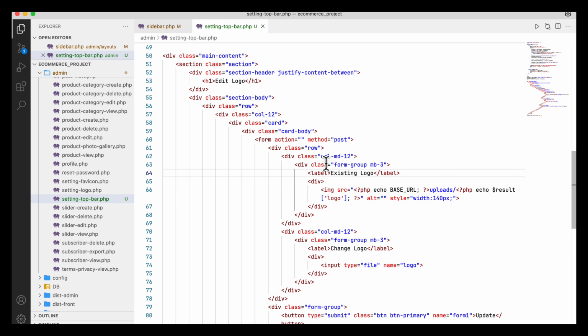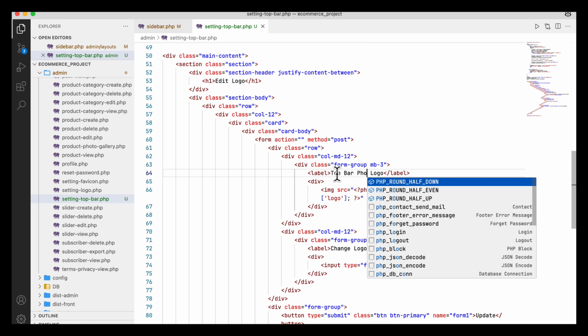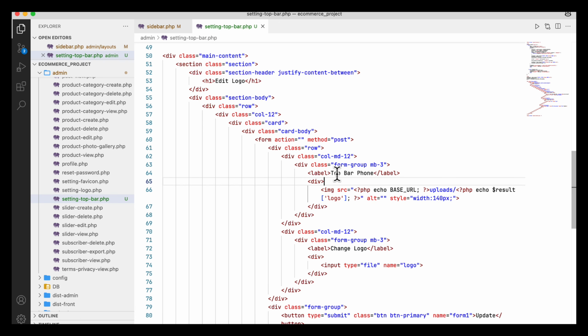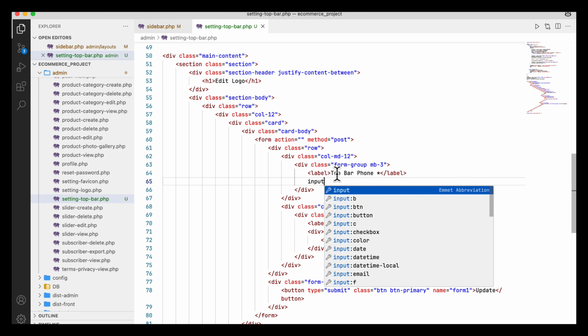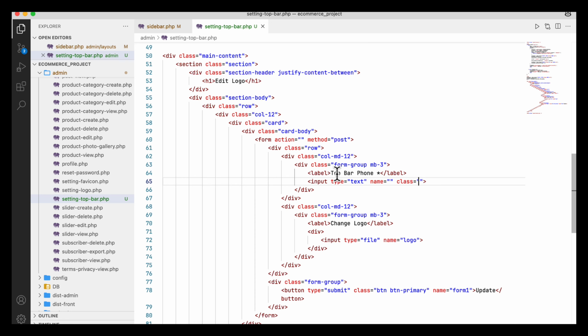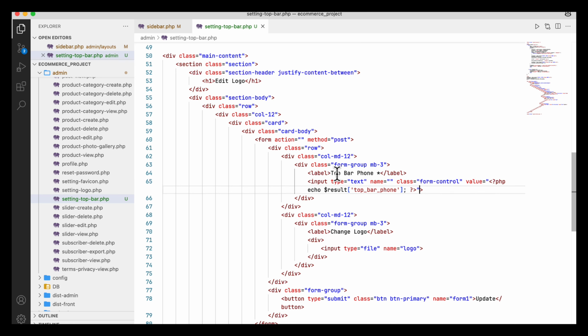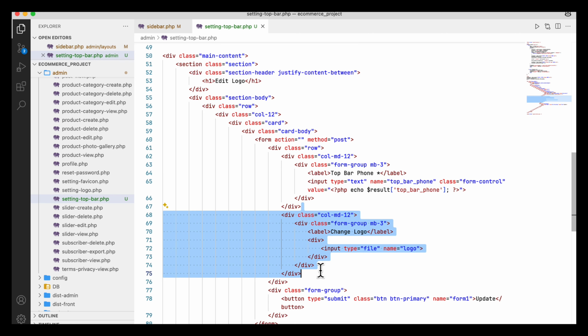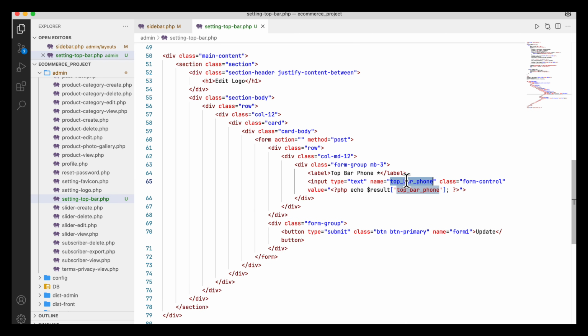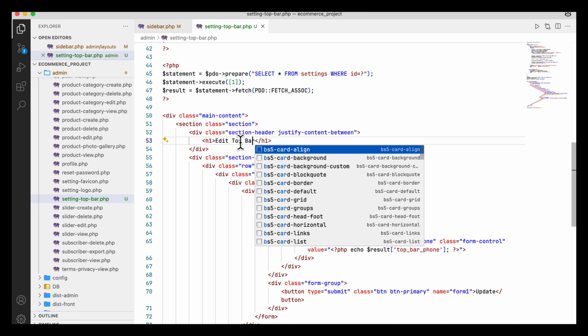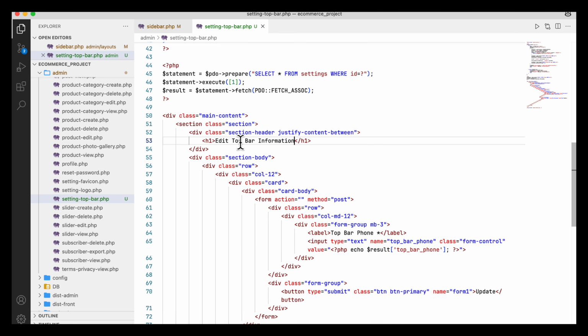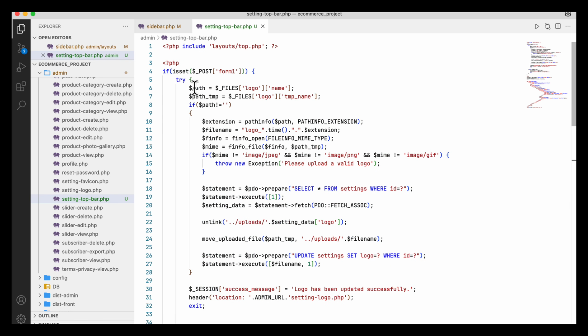enc type, I am going to remove it, and here phone, top bar phone, this one will be the only item here. And here, for example, this is mandatory, so here input type text and class equal to form control, top bar phone not disabled, here value equal to result of top bar phone, and here it will be top bar phone. So the bottom part I am going to remove. So top bar phone, so edit top bar information, so for example like this,